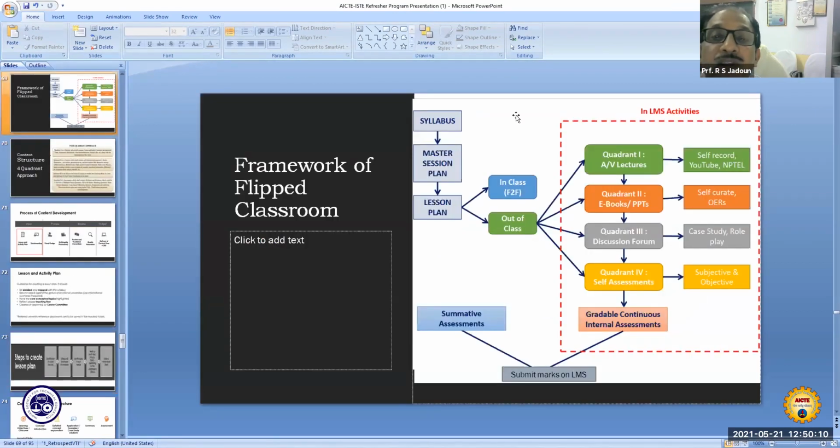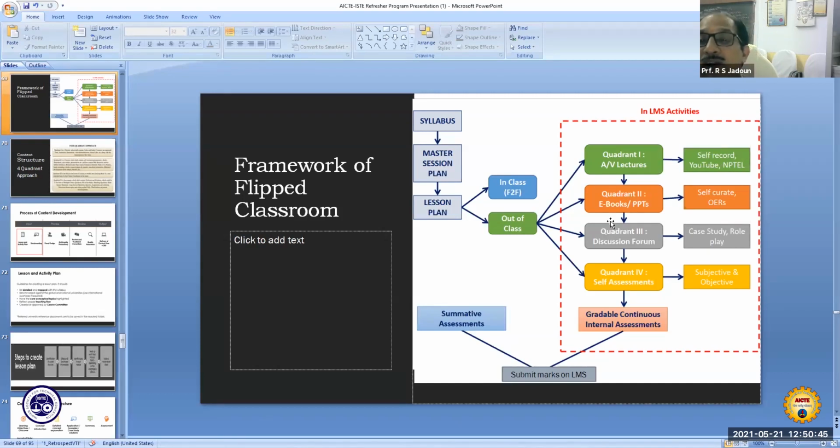So here you see this framework of the flipped classroom. From the syllabus, you develop the master session plan. Then from the master session plan, you develop the lesson plan, and the lesson plan must be in two parts: in class, face to face, and out of class. And for out of class, you have to use the 4-quadrant approach. Quadrant 1, audio video lectures may be supplemented. Self-record, YouTube and NPTEL are part of this.